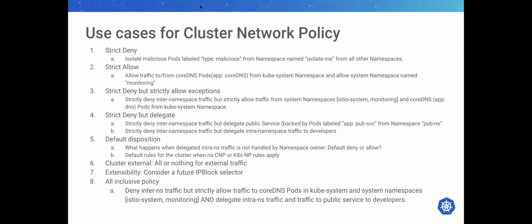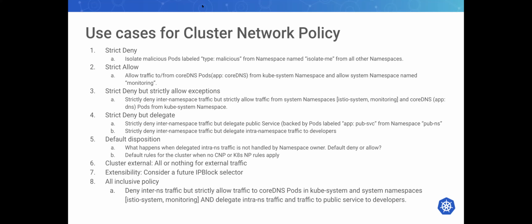Yeah, so Abhishek, I was waiting for this. If you see 4 and 5 together, I'm just putting my view here: isn't it better to just call it a weak deny and let the namespace admin do whatever they want? So that's again talking a bit about implementation. Are you thinking in terms of how I'm going to order these rules? We don't want to talk about that. No, I know